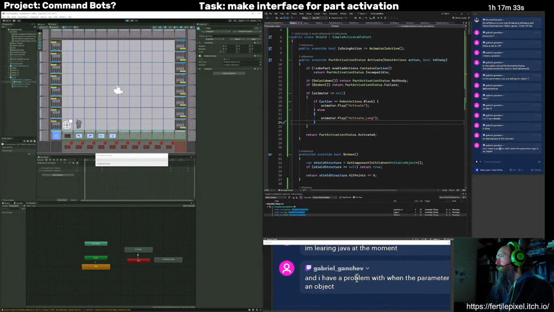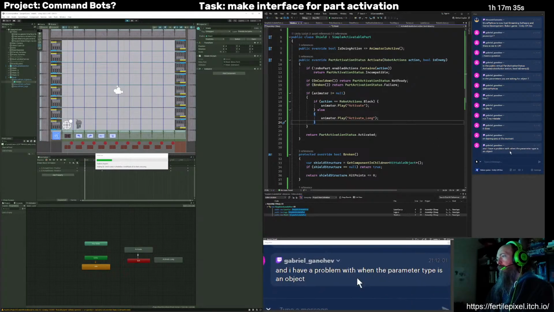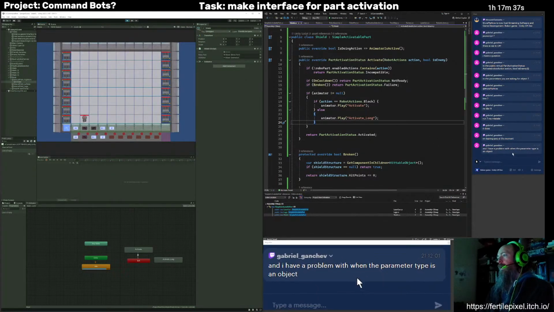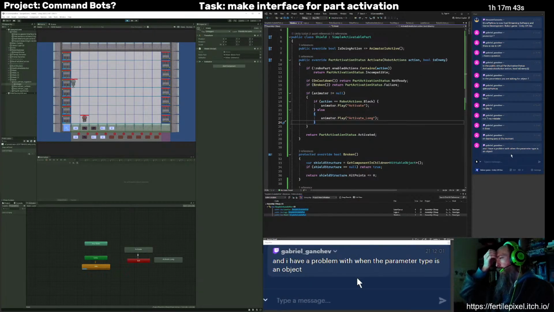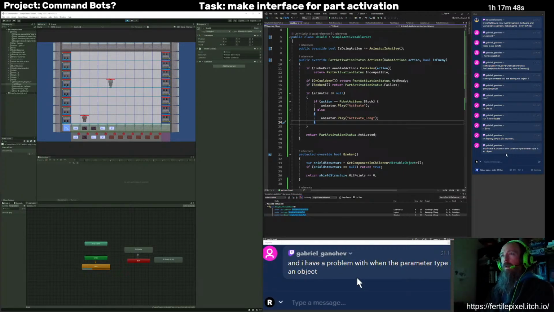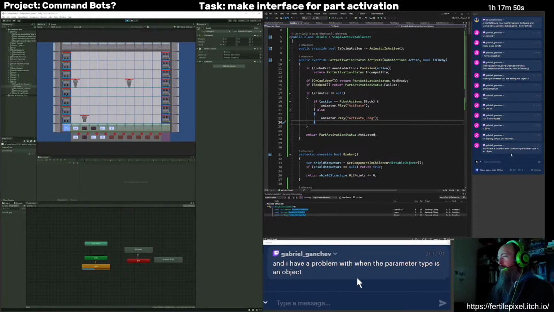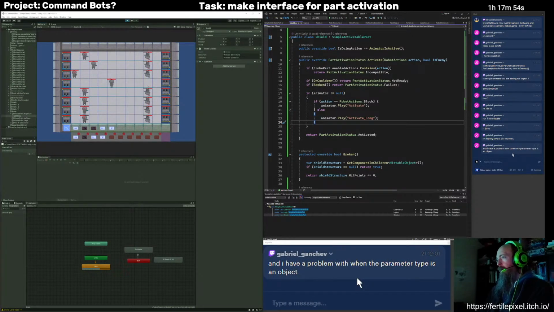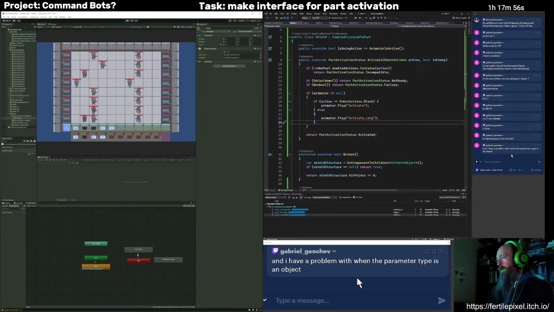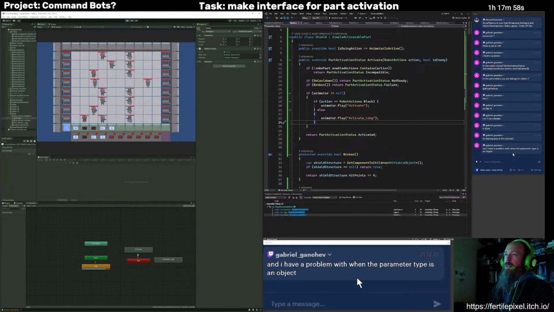How did you go, Gabriel Ganchev? Any luck in describing the issue? I know how confusing things can be initially when you're learning, and then as you get used to it, it's easier and easier to step back